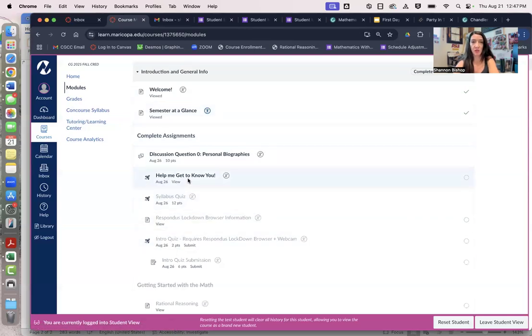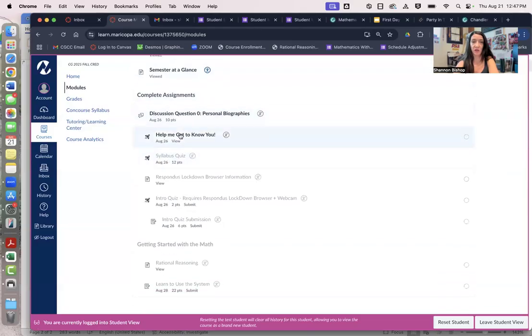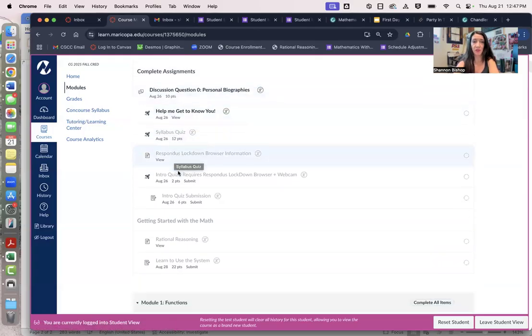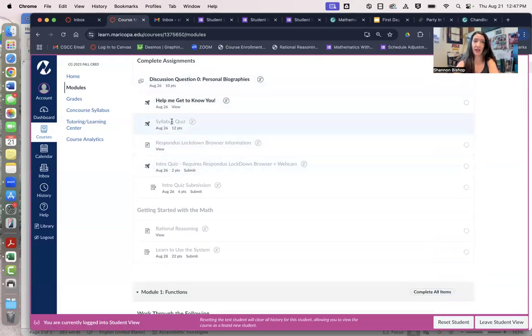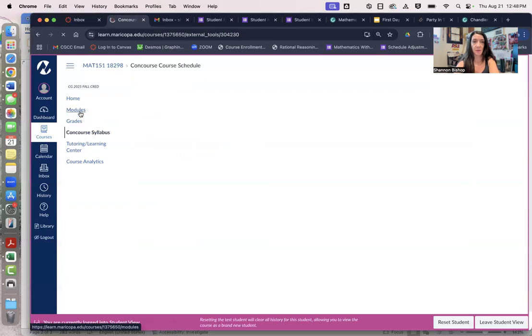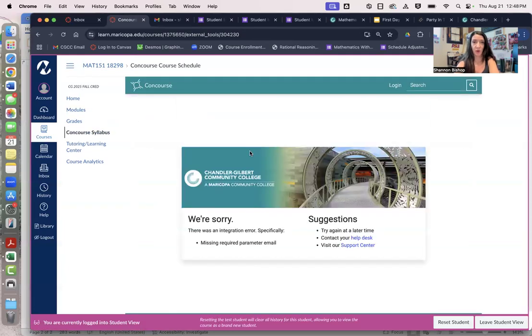So in this introduction module, you'll find our calendar, you'll find your first discussion board, where you get to know each other and myself by introducing yourself. You'll do some very important information like take our syllabus quiz to acknowledge all the important aspects of our course. Your syllabus, by the way, is found right here on the left-hand side, course syllabus. So you'll click on that, and that's where you'll find all of our important